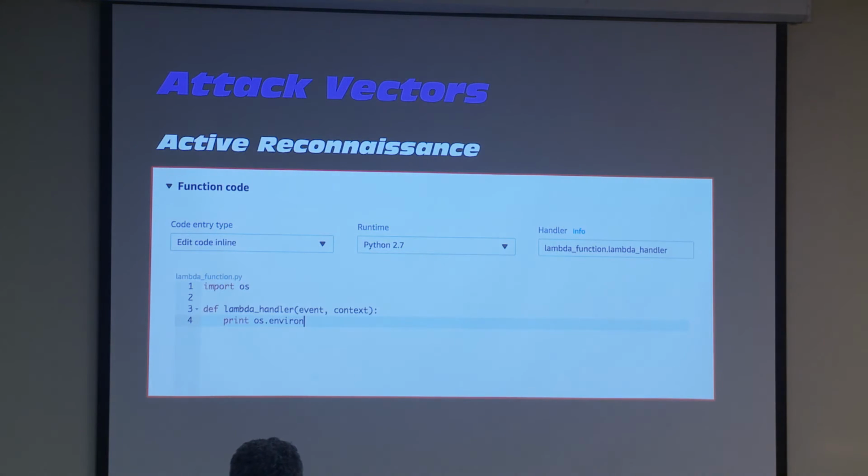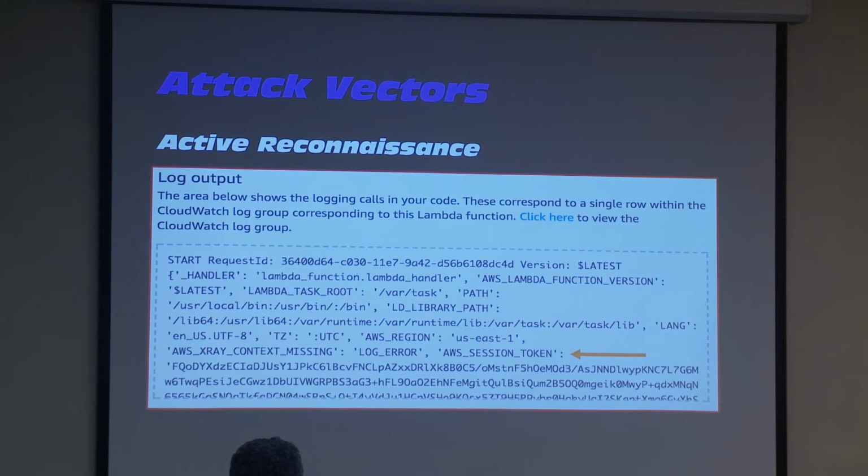So this is the next thing I did. Right here, I'm printing out the environment variables. Lambda stores a lot of interesting things in the environment variables. As you can see, it has the LD library path, the normal shell path, language, time zone, et cetera.